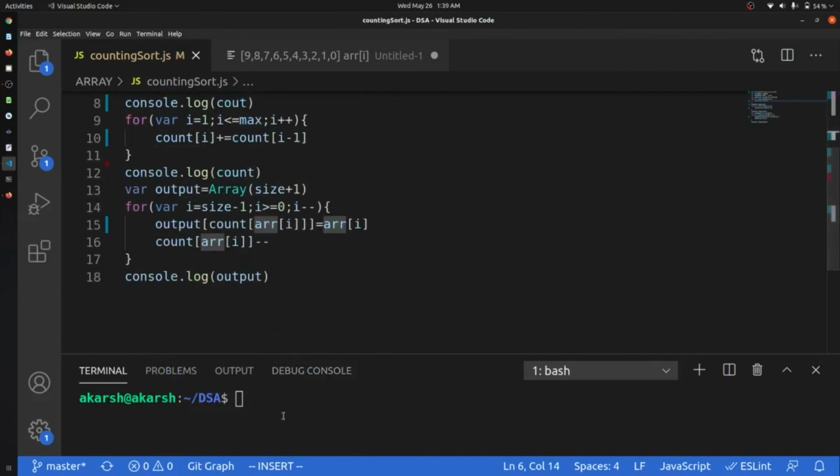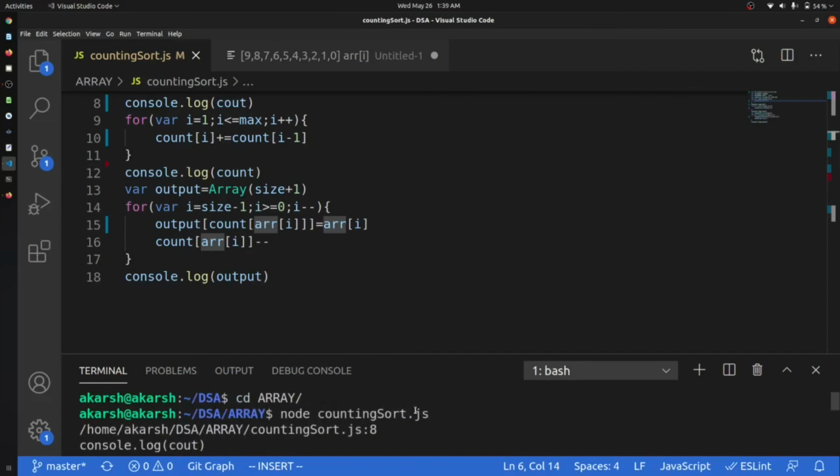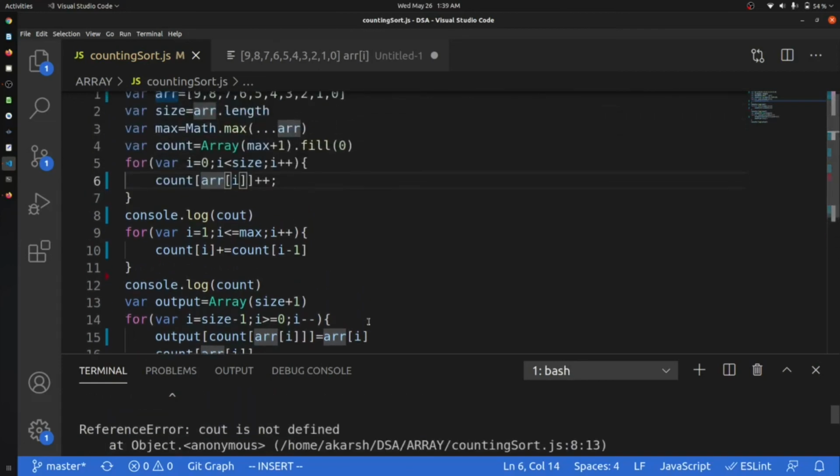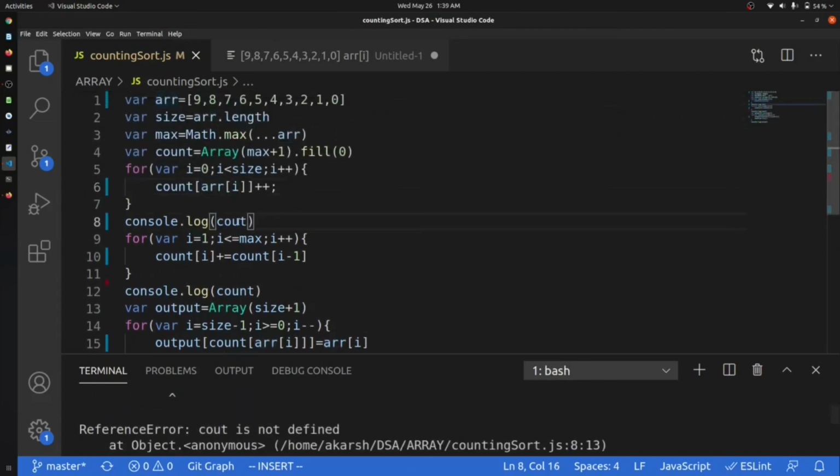Okay, so let's just see what's the output. Counting sort. Okay, we have an error. Count.